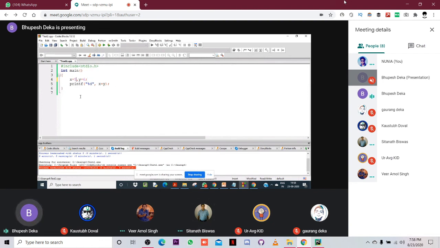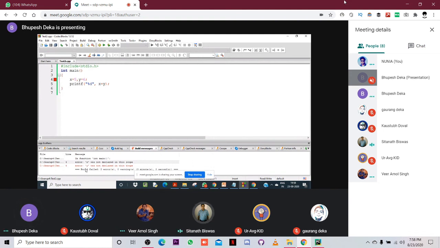So this is my compilation. I build, it will compile, and then it will run, and see this, it says X was not declared in this scope, Y was not declared. It means they don't know what X is, what Y is. It was not shown while I was writing the program, because it is a compiler. When I compile, it will show me the error, see line 4 and all this.